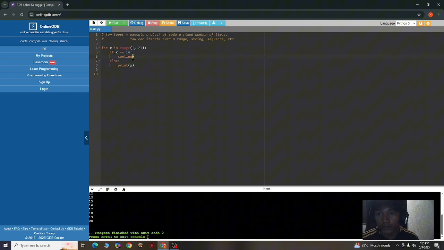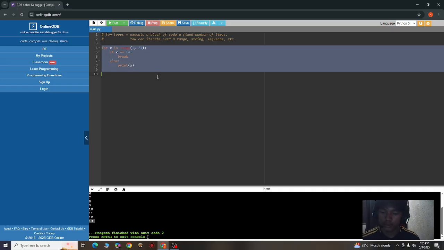And if we use the break keyword, let's run it. It would stop at 14. So if X is equal to 14, it would end the code in line 6. As you can see, it only ends at 13. 14 is excluded.